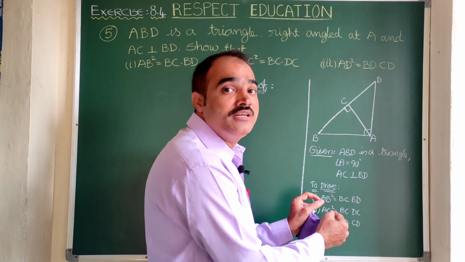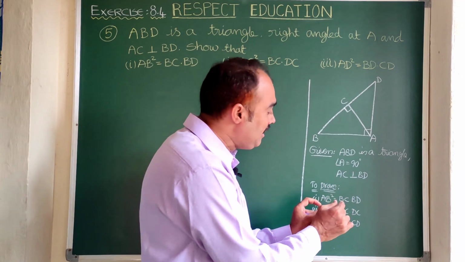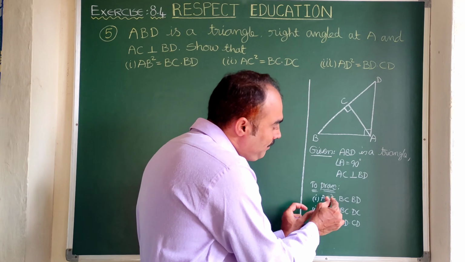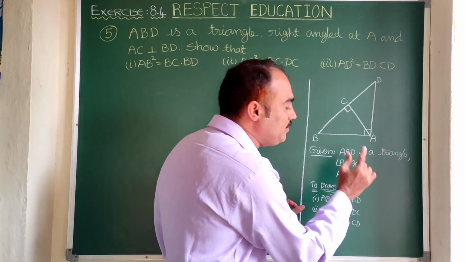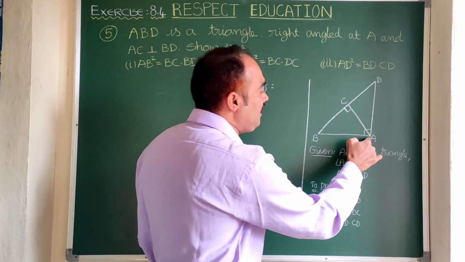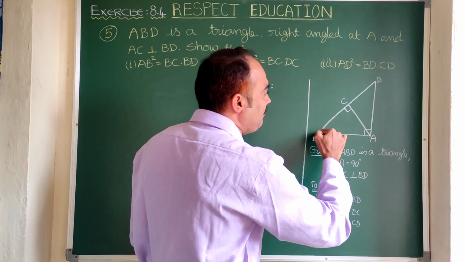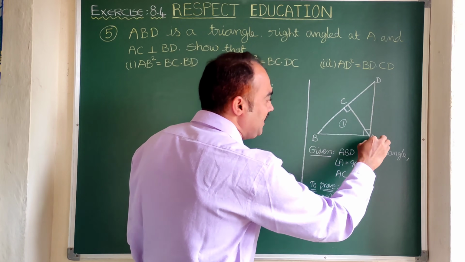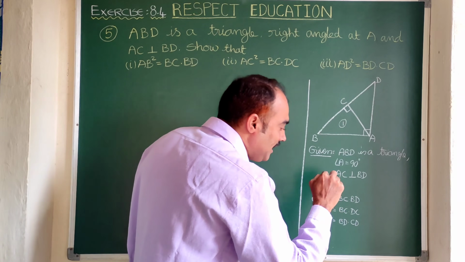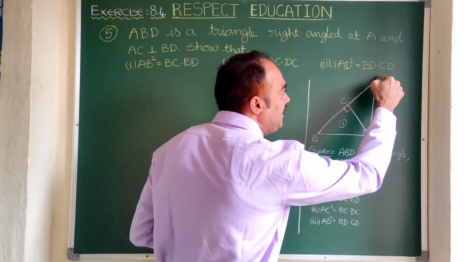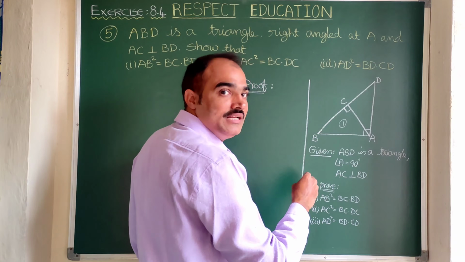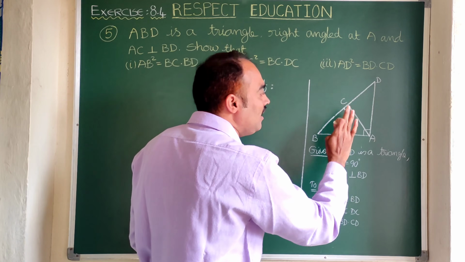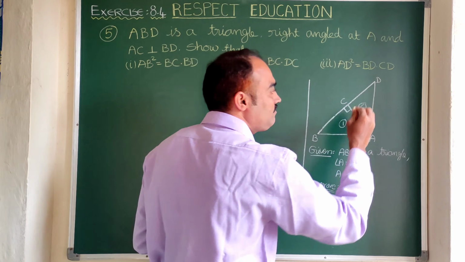Two times AB, again you may think 2 into AB. That is not 2 into AB. AB into AB is equal to BC into BD. One AB you compare with BC, another AB compare with BD. Clear? One AB compare with BC, that means AB, BC. That means you are covering this first triangle. Second time remaining AB with BD, AB and BD. That means here you divide this one as the father triangle, first son and second son.